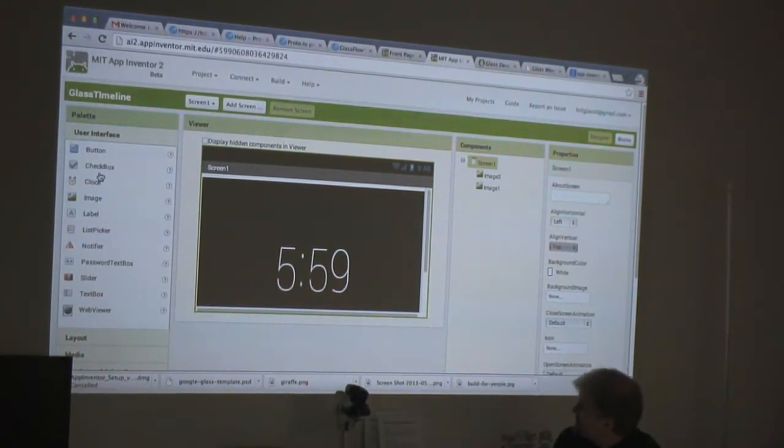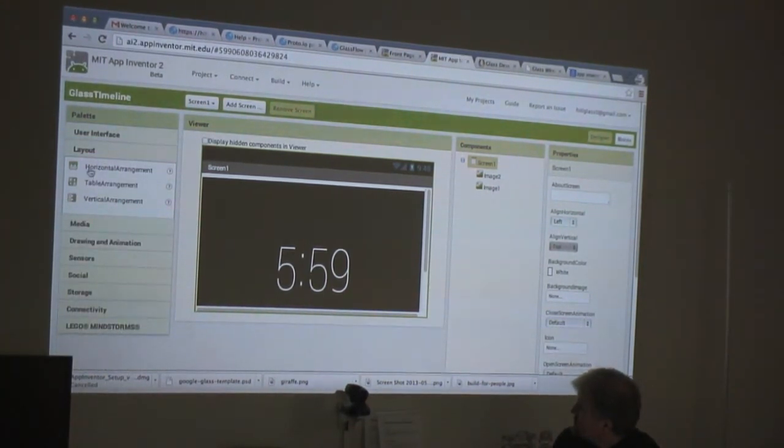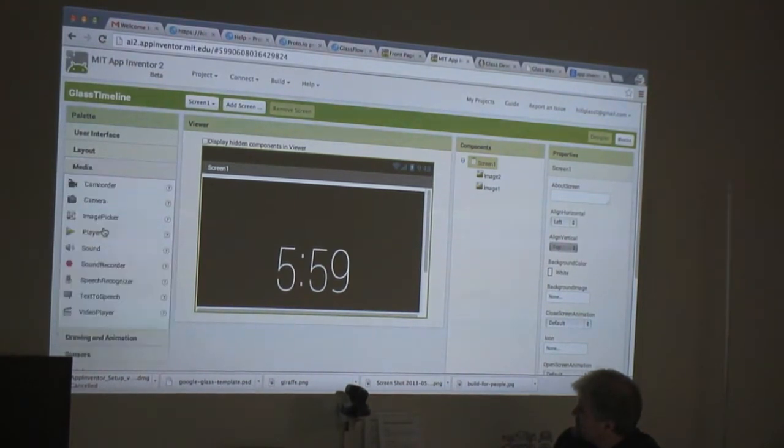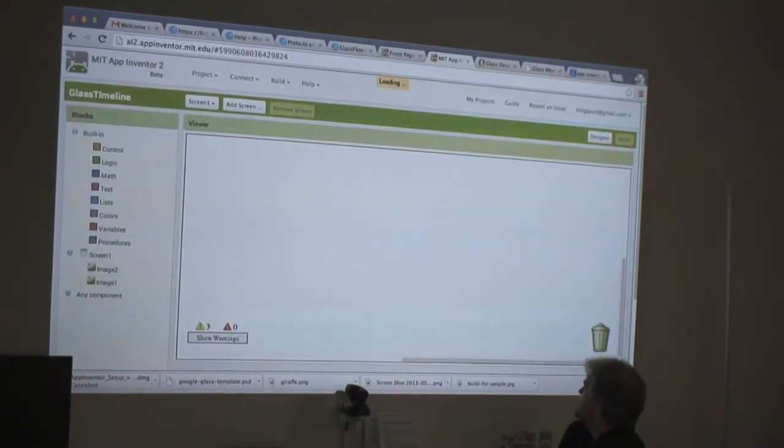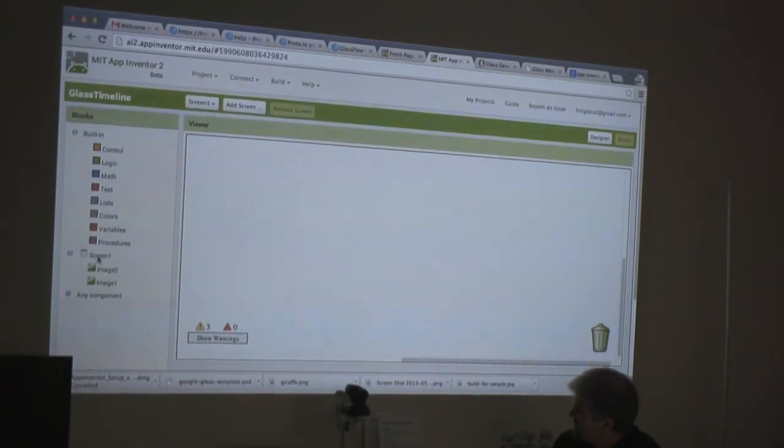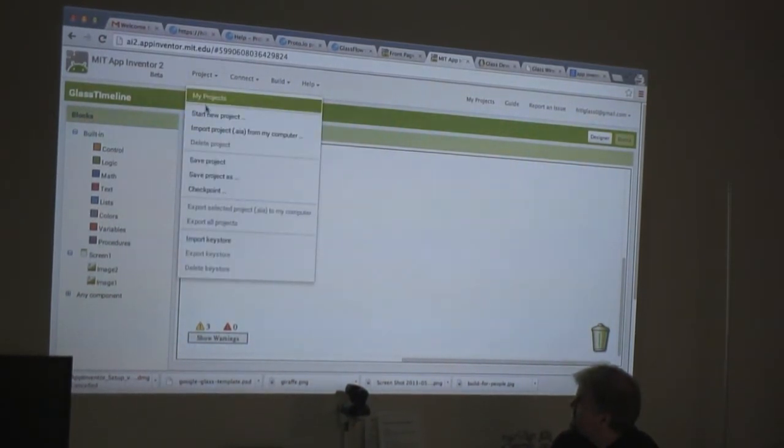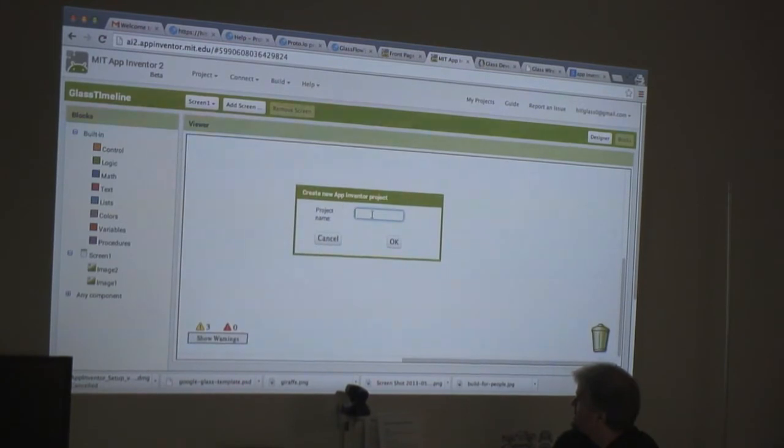So you can add other interface elements here. Then you can change the layout of elements. You can add media elements as well. So this is all the user interface designer. And the second screen is the block screen. And the block screen is where you add the logic. So for example, well, I guess the best way to show you is to build something really simple. So if I go to Start New Project, and I'll call this